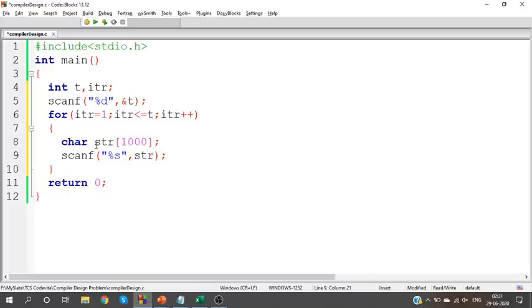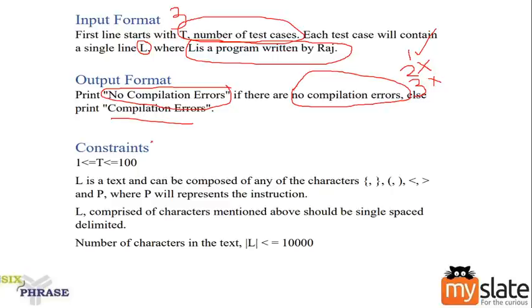Now we'll be having multiple doubts, like: is the size 1000 correct, or what if the string contains spaces? Should we scan it along with the spaces, or should we ignore the spaces? If I should scan it along with spaces, we will give it as not \n, right? So we have so many queries about this, which is why you should view the constraint part.